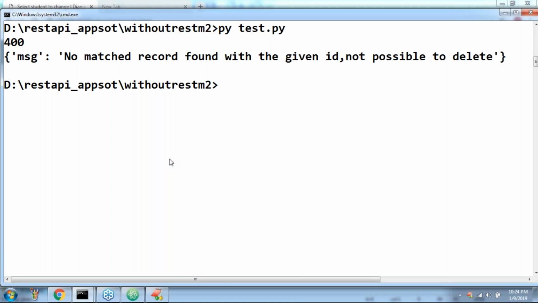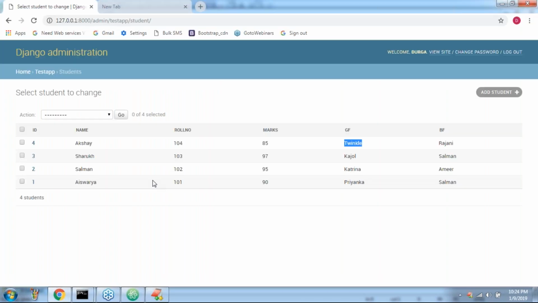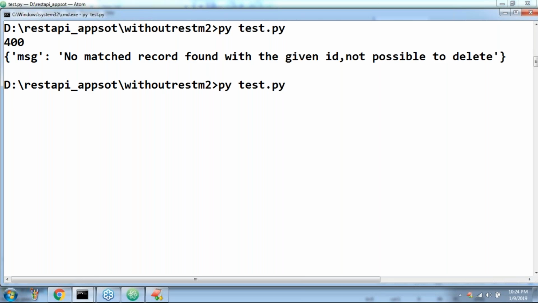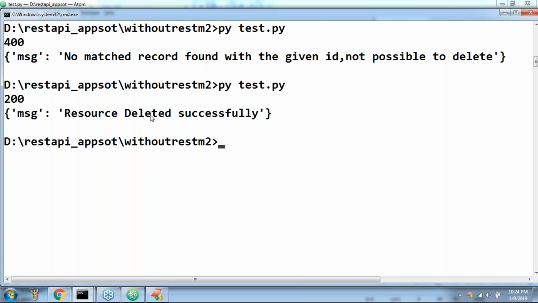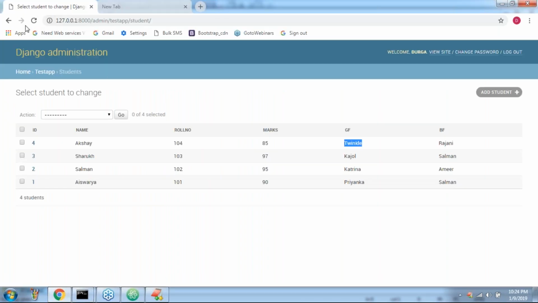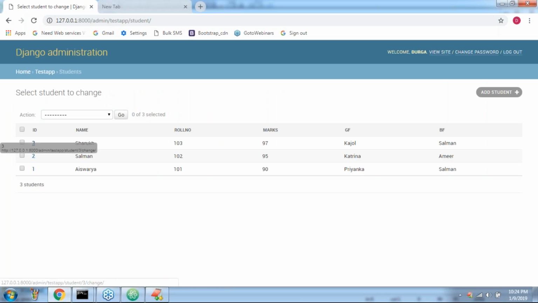Yeah, perfect. Okay, well. Now let me take 4, Akshay record is available, sir. Now have a look once. Resource deleted successfully. Let me cross check in my database. Is the resource deleted or not? Yes, resource already deleted. Now only 3 records are available.